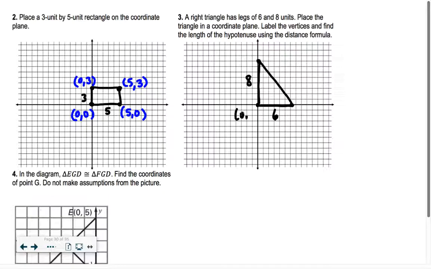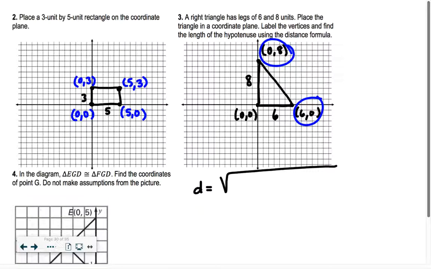And then I can label those points. I can call it 0, 0. I can call it 6, 0. I can call this 0, 8. So then with the distance formula, I would say, oh, well, if I take these 2 points, my 6, 0